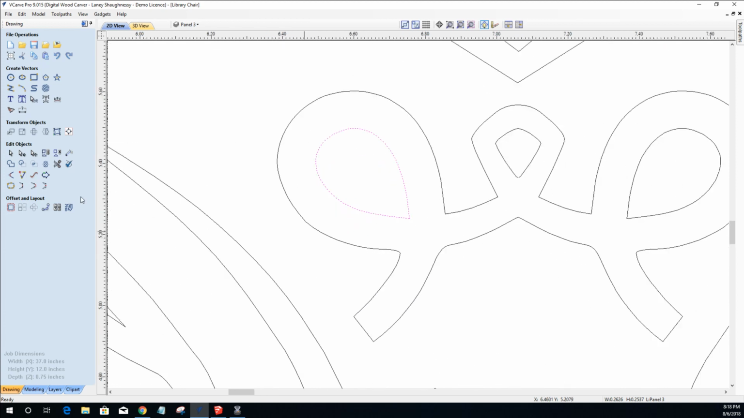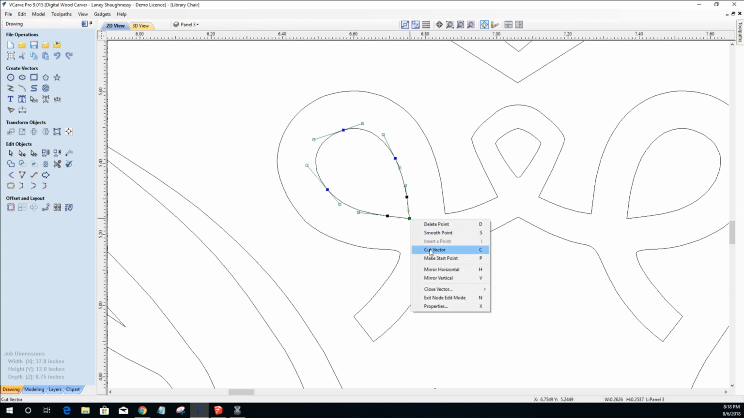So let's see what we can do here. Let's go into node editing on this one, and I'm going to cut the vector here. This way I can pull and separate these two lines a little bit. And I don't want to pull them too much. I still want that teardrop, but if I join that,